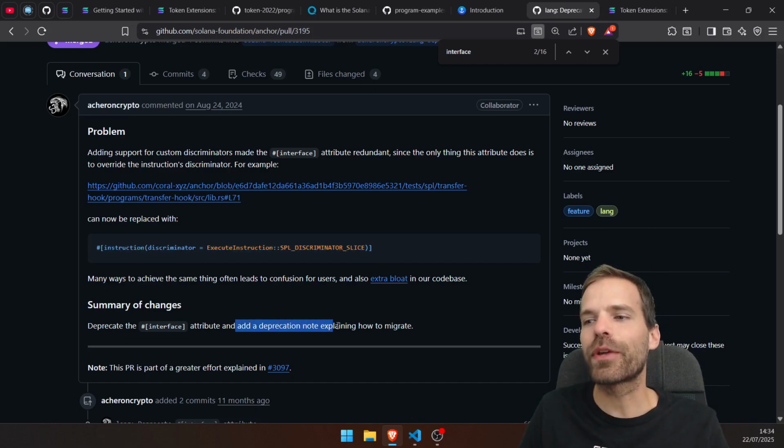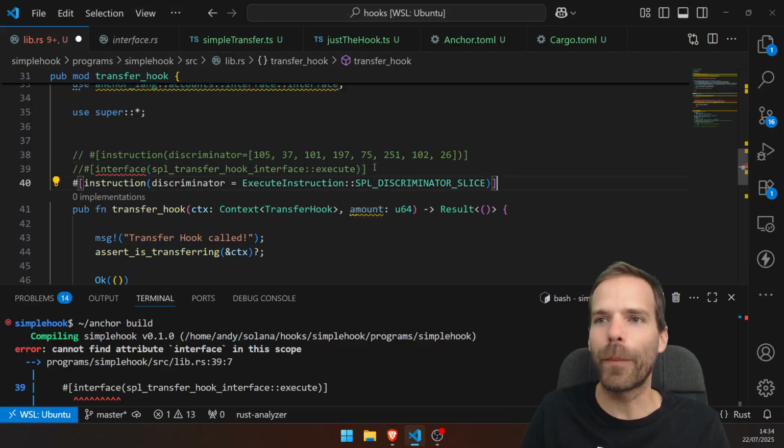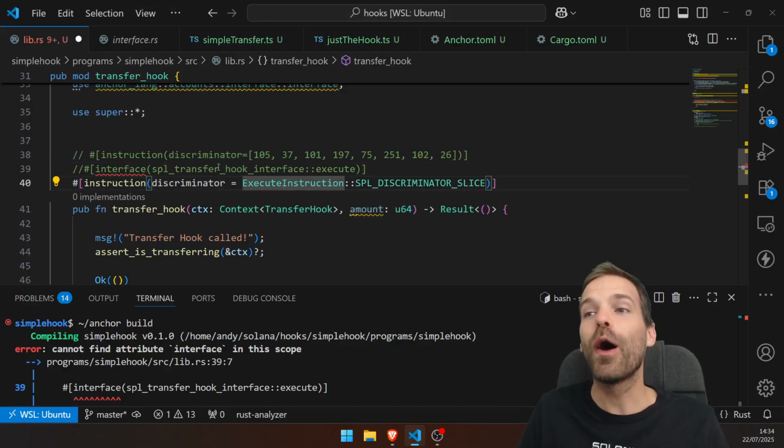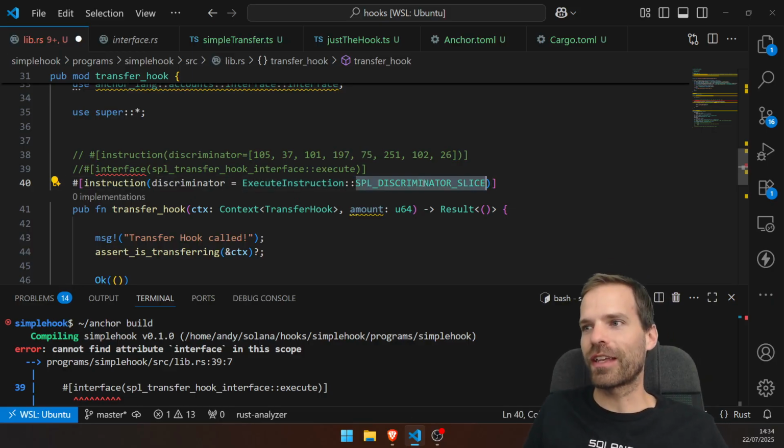And add a deprecation notice explaining how to migrate. Well, yeah. Did I find that? No, I did not. So that note was kind of pointless. So that is not being used anymore. We go back to instruction with discriminator, but the nicer solution from the instruction getting the discriminator like this, and